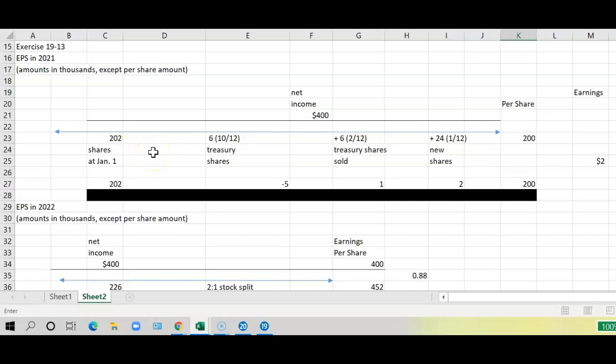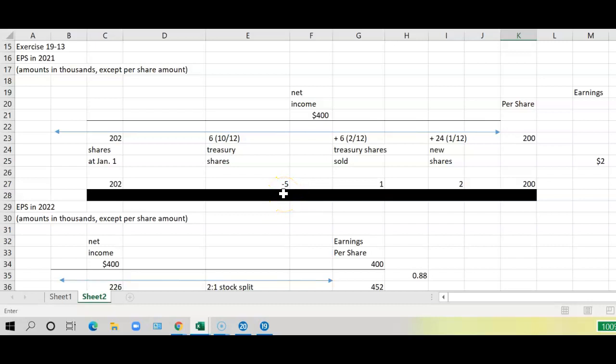In February, they purchased 6,000 shares of their treasury stock. That was purchased at the end of February. Treasury stock is shares issued but not outstanding. So that would be a reduction in the shares outstanding. So if you take 6 times 10 divided by 12, 10 months left, is a negative 5,000 shares